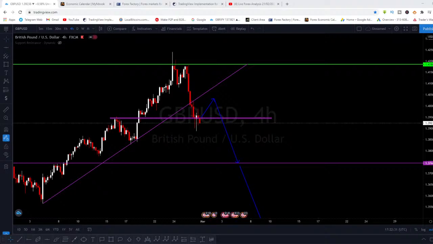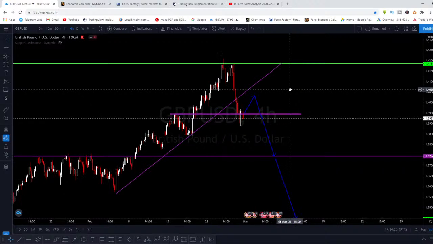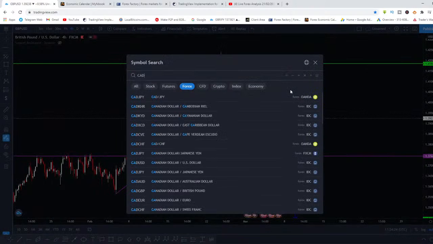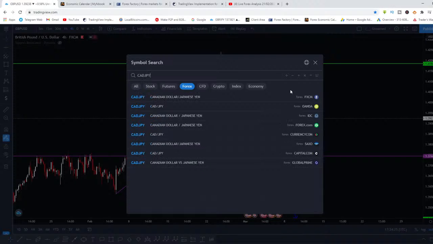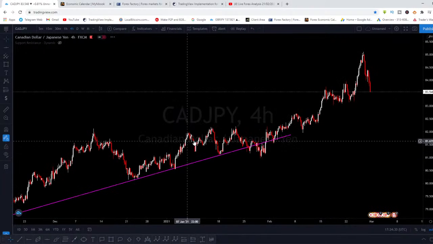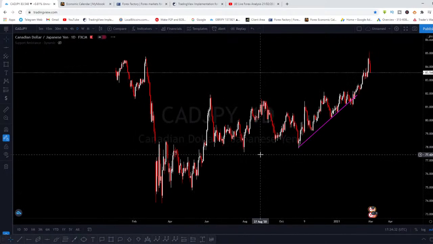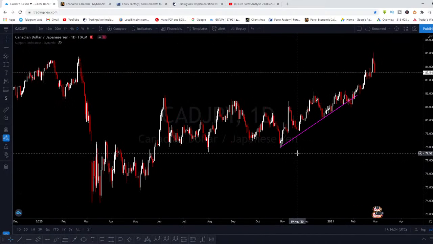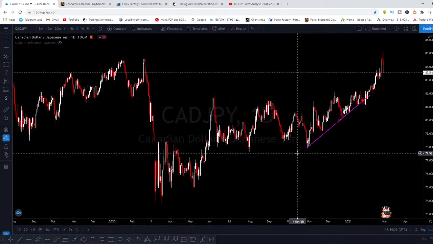And apart from that, let's go back down to CAD JPY before we continue with some stuff, since you guys don't have any question on GBP USD, right? Let's go down to CAD JPY. All right, this is CAD JPY right now, and that's for our time frame. Let's go back down to 1 hour, 1 day time frame. This is daily time frame anyway.